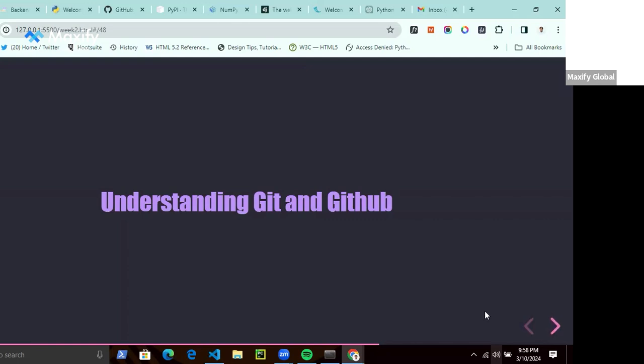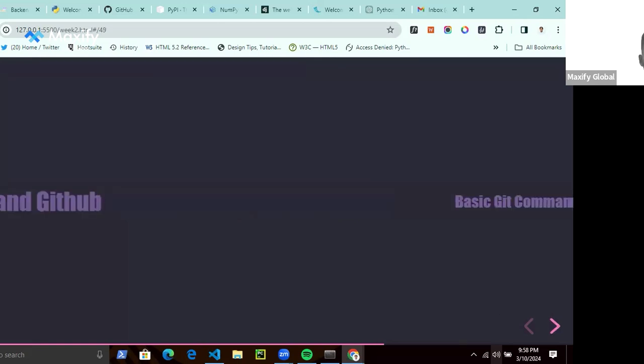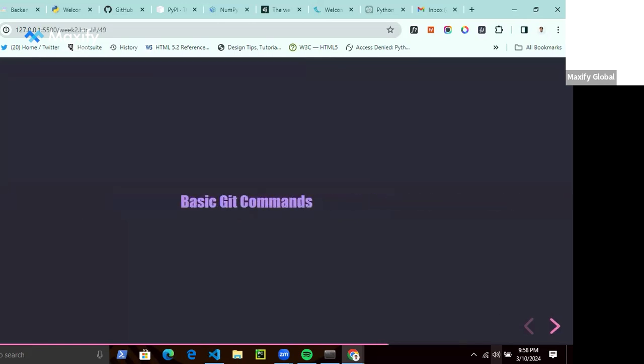So Git essentially is a version control system, and it's one of the best version control systems for tracking your workflows. It helps you with collaboration, and it helps you to even revert to previous changes or previous code you've written. So essentially, it's a fantastic tool that every developer must learn how to use. Now, I'm just going to run through some basic Git commands.